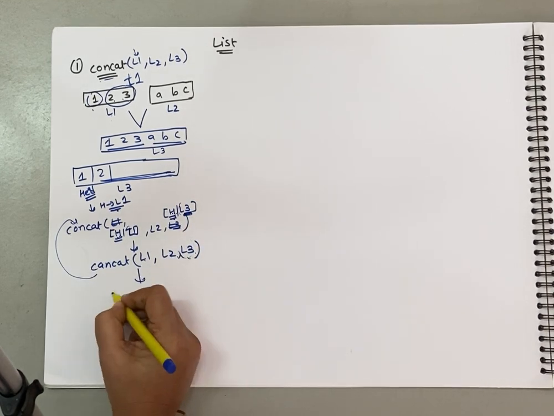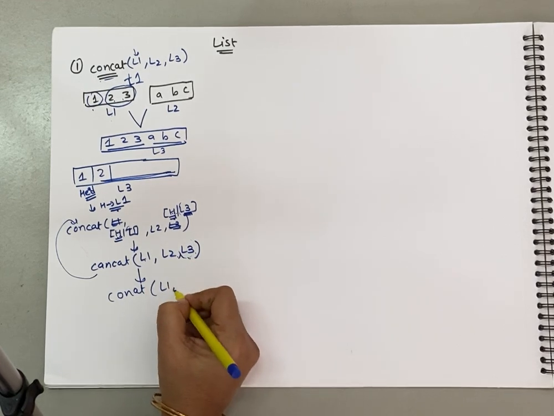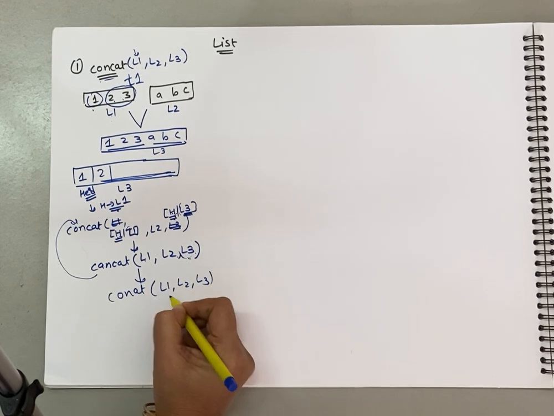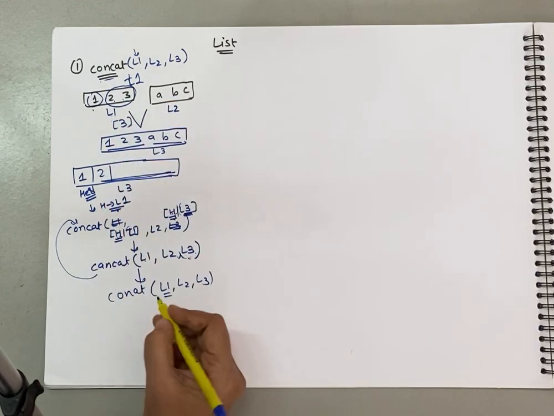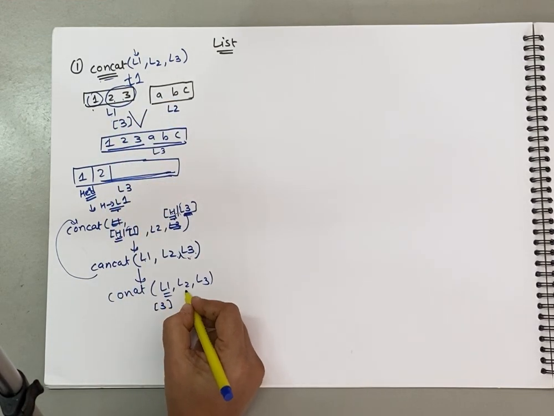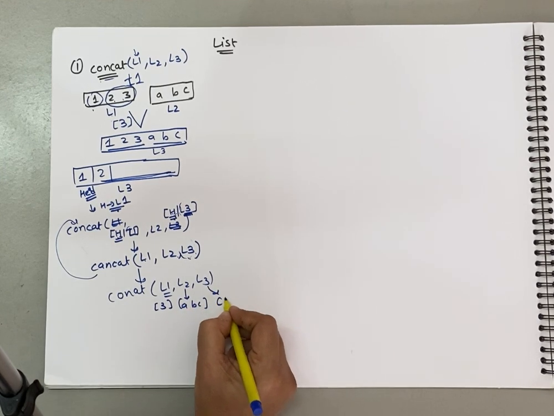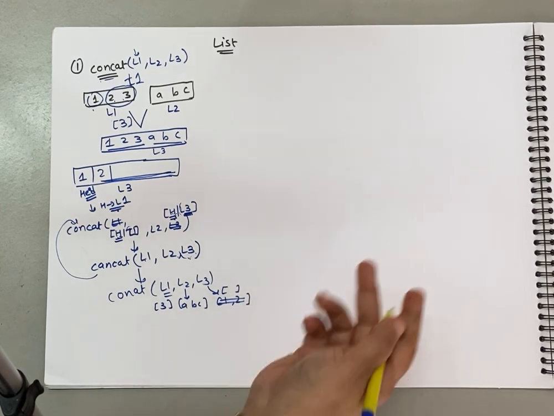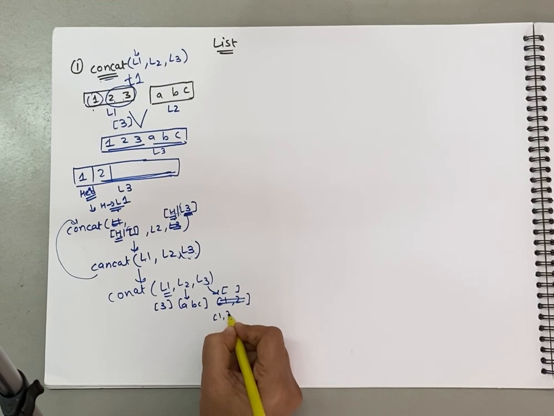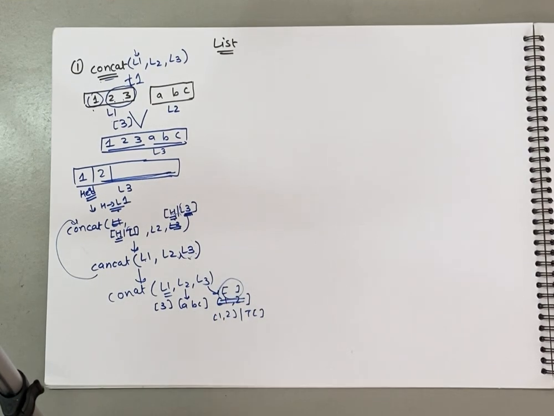So in the next call, what are you going to pass? Again you are going to pass L1, L2, L3, where L1 will be only 3. The L2 will be A, B, C. And L3 will now contain 1, 2. Sorry, L3 will be, yes, the head elements earlier, 1, 2, after which you are going to have this tail that is an empty list right now.